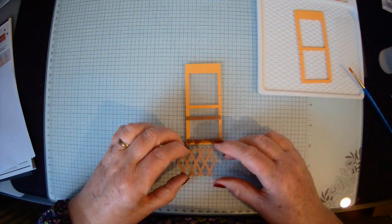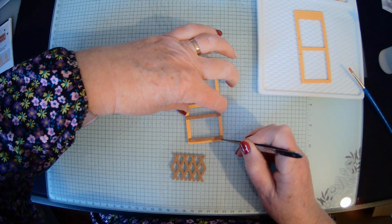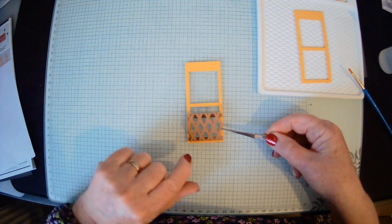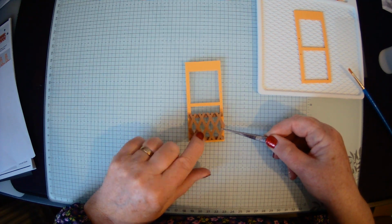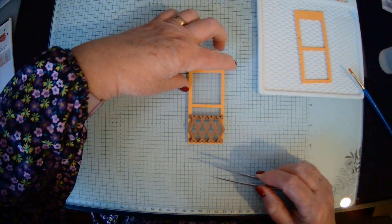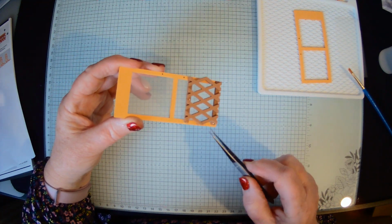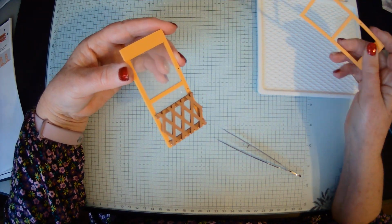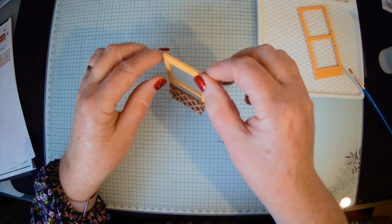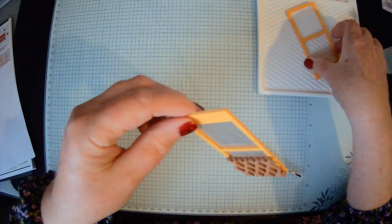Okay, so now let's just nudge that down a fraction. I'll take my tweezers, I think, for this bit. And I want to line the edge of this bit up to the edge of the one at the bottom, so that it looks neater. Okay, so there, that's the door with the bit on the front secure, so I can put that one too. I have a spare door. That's going to become obvious later on what that's going to be for. So okay, so my door is going to come that way. Yes, right. Okay,